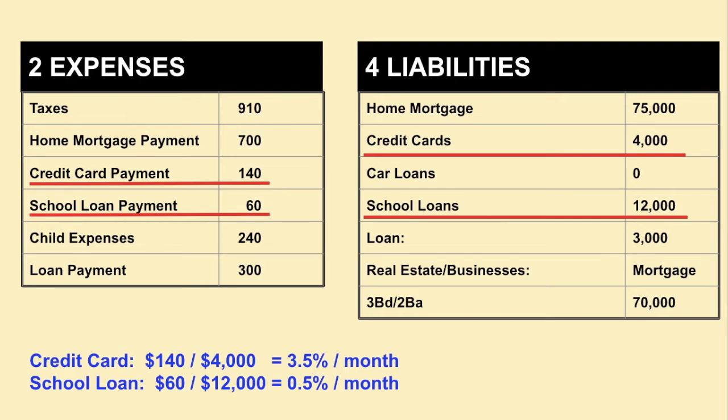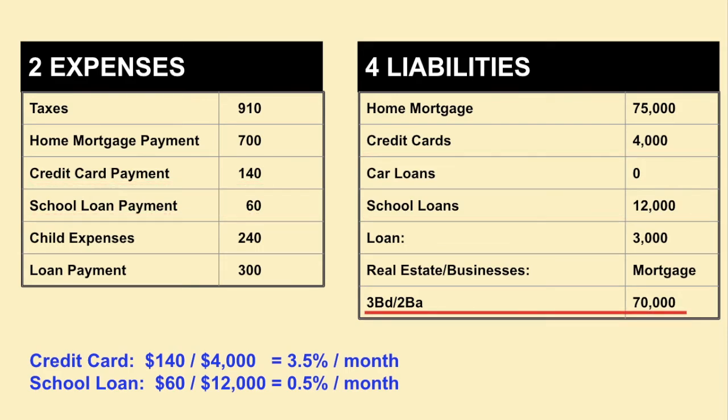In this example, paying off $4,000 of credit card debt will lower your monthly payment by $140, but paying off a school loan of $12,000 can only lower your monthly payment by $60. You can easily see the difference. On the other hand, the game does not let you pay off mortgages of investment properties. That may be for the simplicity of the game design, but in reality, certain types of debts are also considered good debt compared to others, because instead of taking money out of your pocket like credit card debts do, they put money into your pocket.